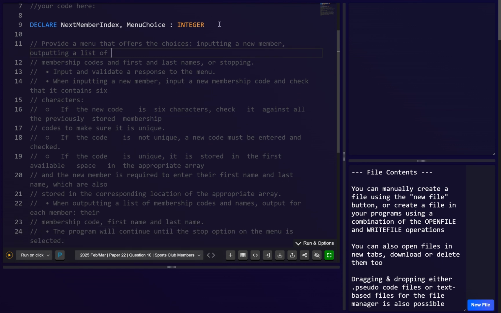Right, okay, so I think what I'm going to do, and this will be similar to the bank accounts question, is create a procedure for each of the different things. So for example, input a new member, I make a procedure. Outputting a list of all the members, again, procedure. And for this one, where we have to check if the code is unique, we can basically